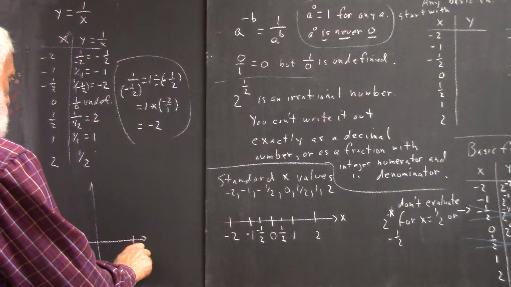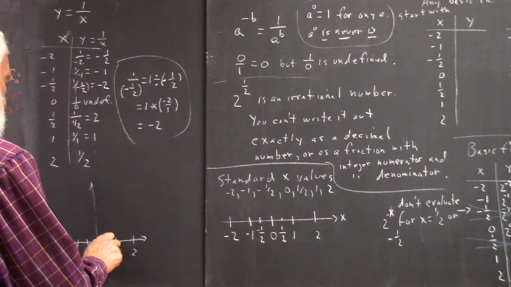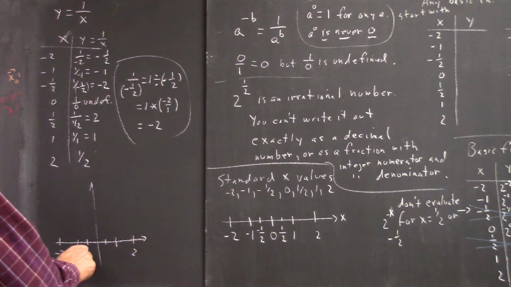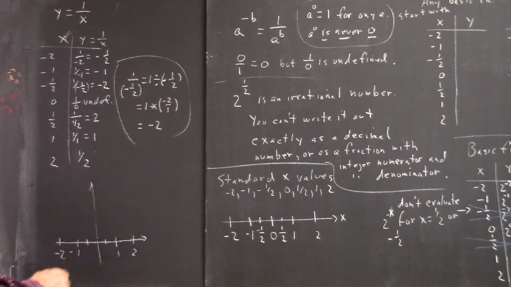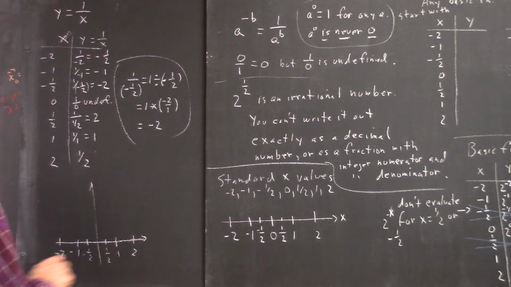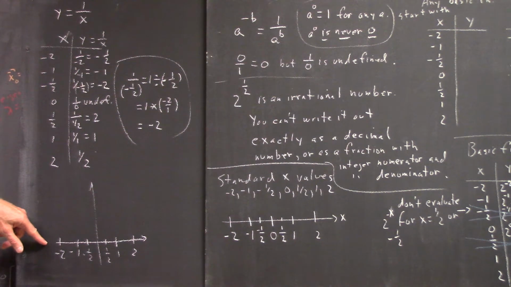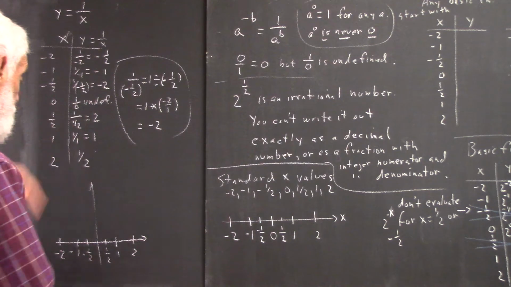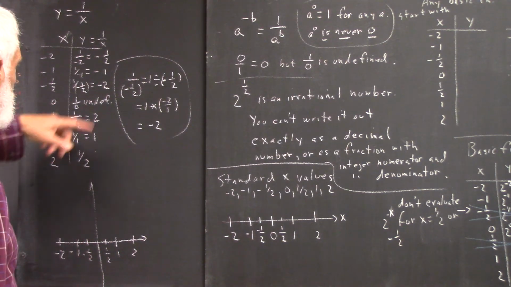-2, 2, subdivide, subdivide, label this 1, label this -1, I'm sorry, and label this 1, label this 1/2. Okay, so when x is -2, y is -1/2. So we better have a y-axis that goes from, well,